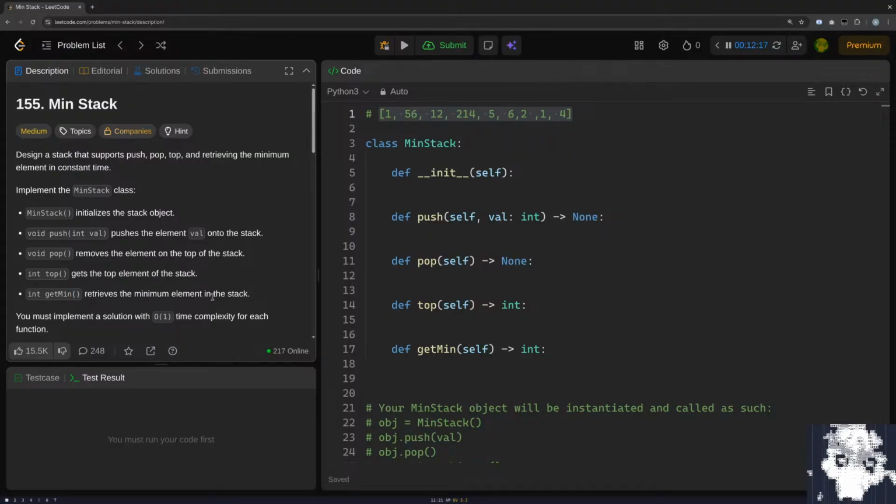How do you retrieve the minimum in O(1)? So you have to have some data structure where the minimum is available. And then when you pop the minimum,